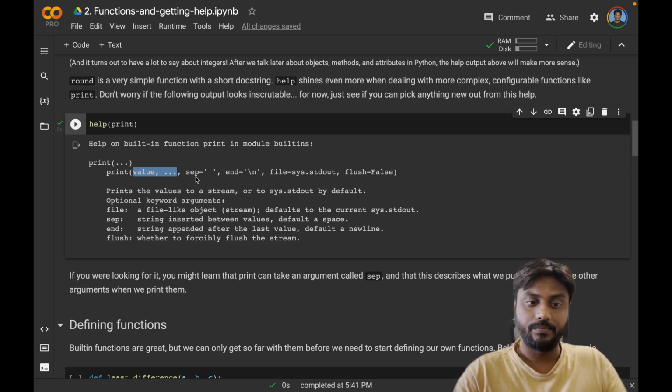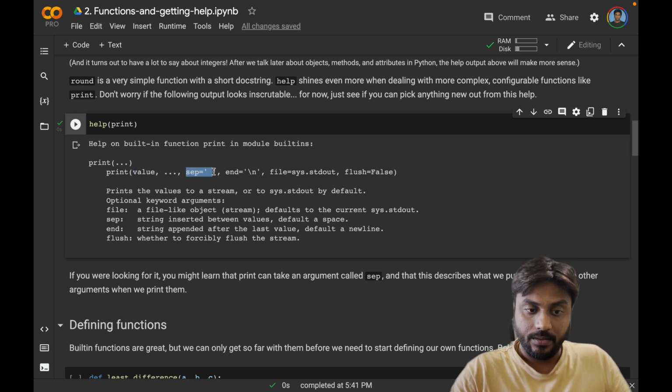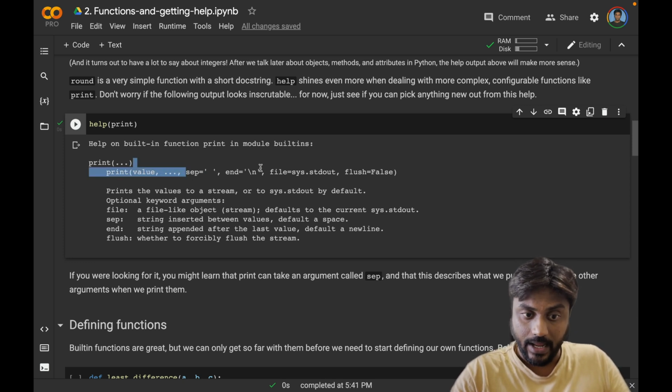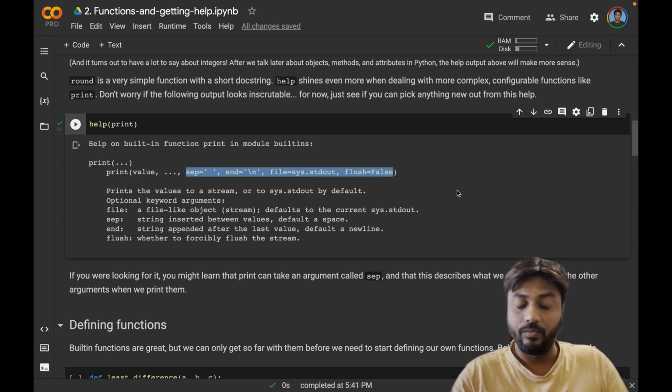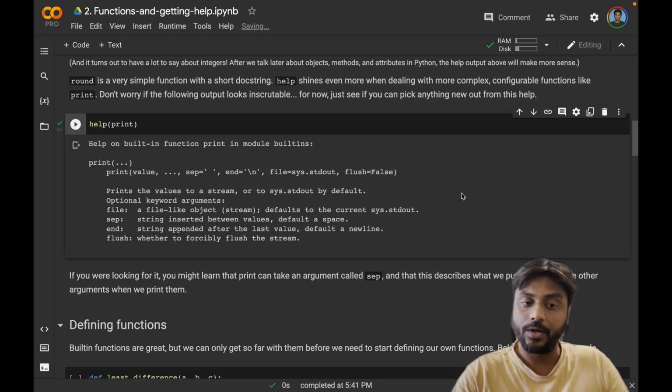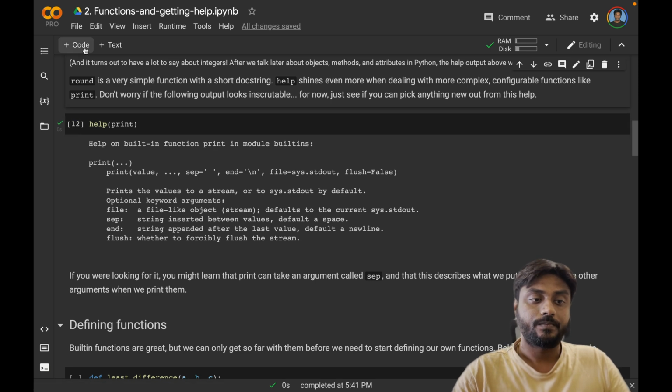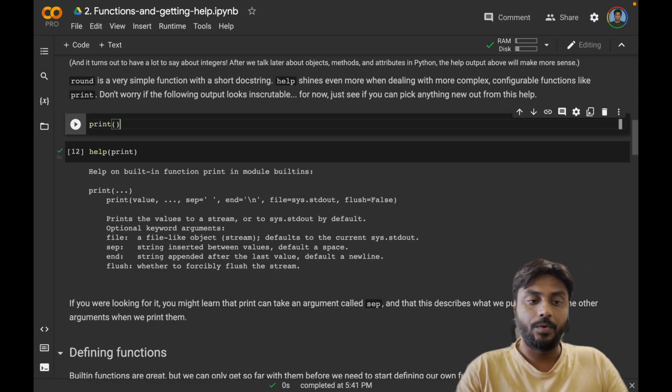There's no limit to it. After that, you can specify a separator, an end line, and the rest of it we'll get to know later. It's not important. So if I were to provide an example, let's say